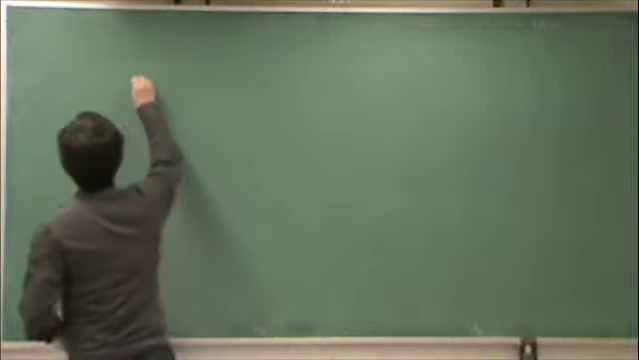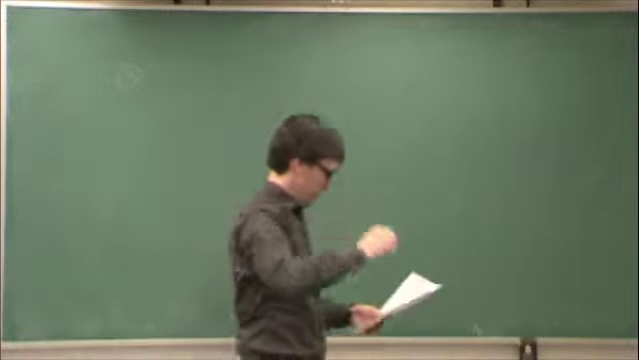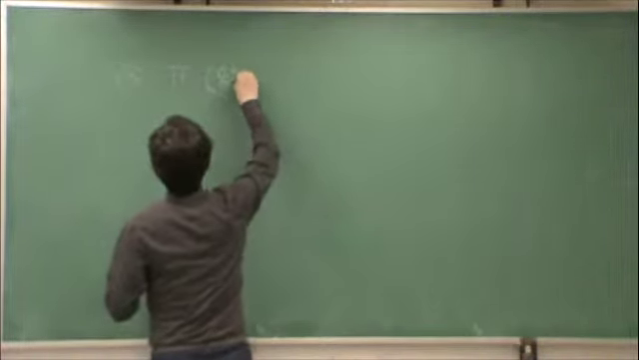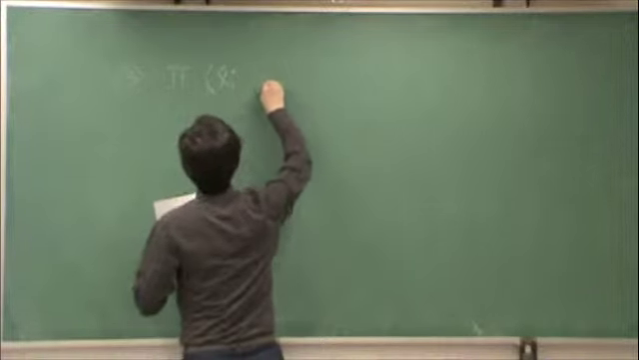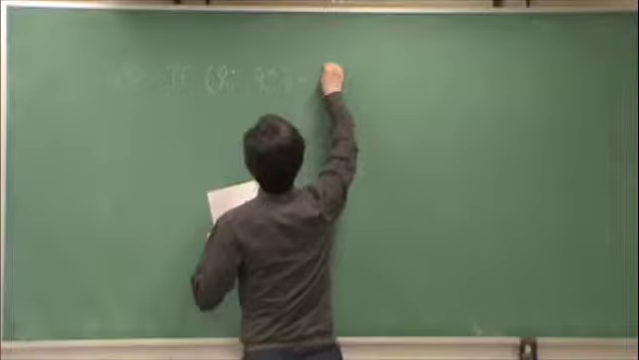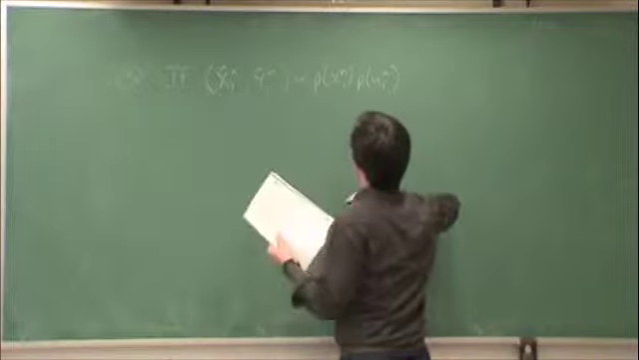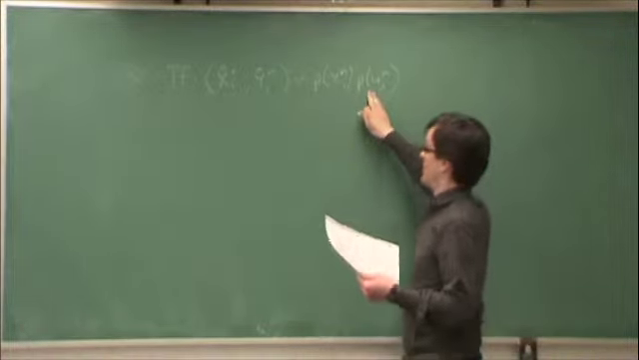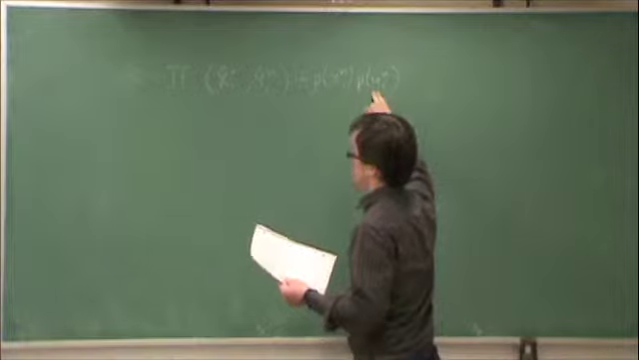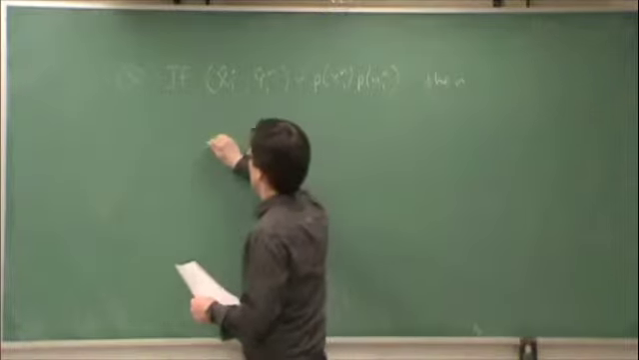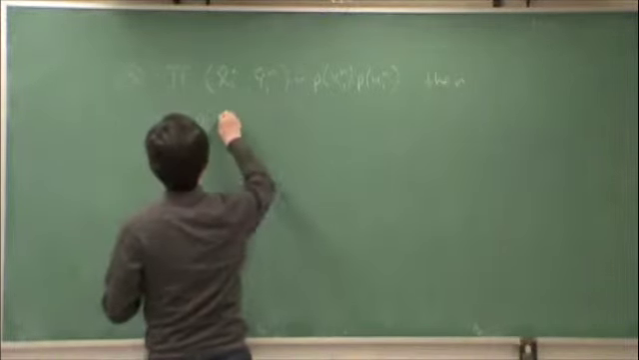Third statement. Let me make sure I have the right statement here. If x tilde 1 to n, y tilde 1 to n is distributed as px 1 to n times py 1 to n, where these are the same marginal distributions as the original x and y, then the probability of such a pair appearing in the typical set